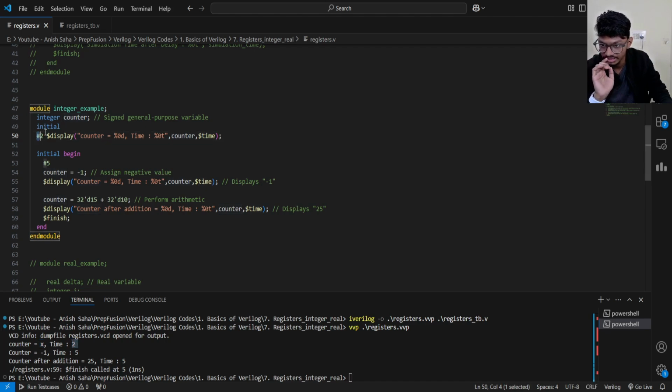Now all of this will execute in parallel. So this one will also execute after 5 units of delay from 0. It executes at time 5, and of course I have assigned the value -1, so we are seeing -1. Then I'm adding 32-bit numbers, which is totally valid because integer is a 32-bit number, so it can store 32-bit numbers. I'm adding 15 and 10, so it should provide me 25, and I'm getting 25 at 5 units of time only, because